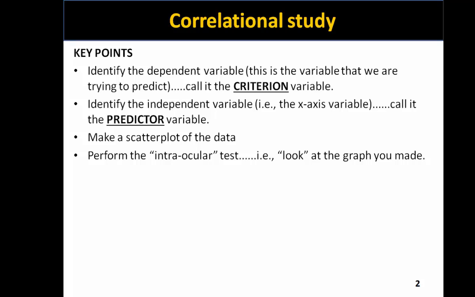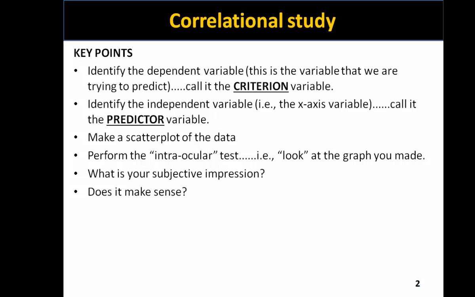And this is basically the researcher looking at the graph and gaining a subjective estimate of the pattern that emerges from the scatter plot. So it's very important that the researcher generates a subjective impression before carrying out the statistical